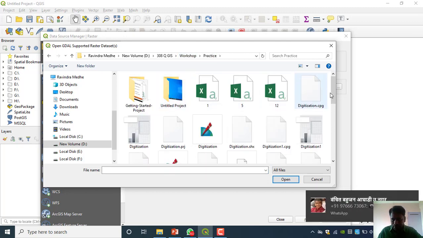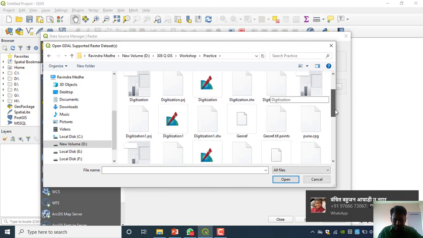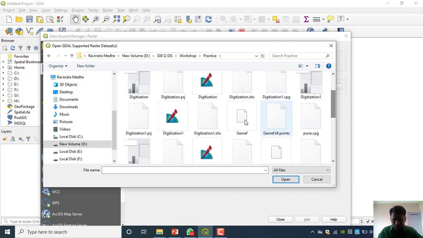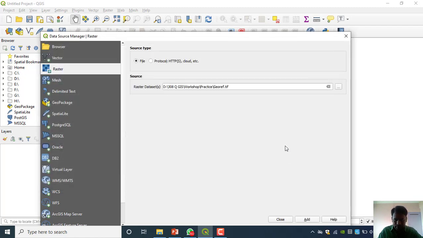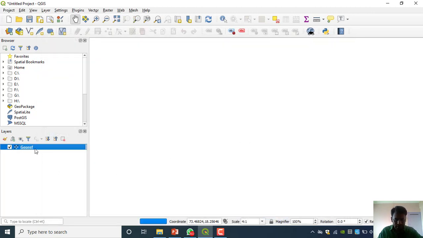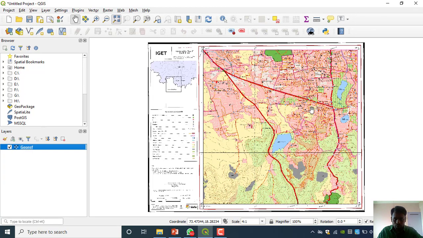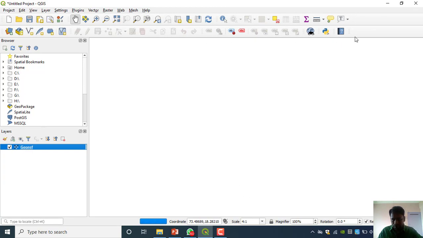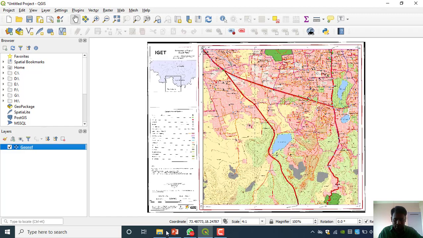If you remember, we have to take that georeferenced topo sheet, georef, the name I gave when I did the georeferencing. Add, close. Now we are ready with the topo sheet. We just zoom full, then it will fit to our boundary. Now it is processing.